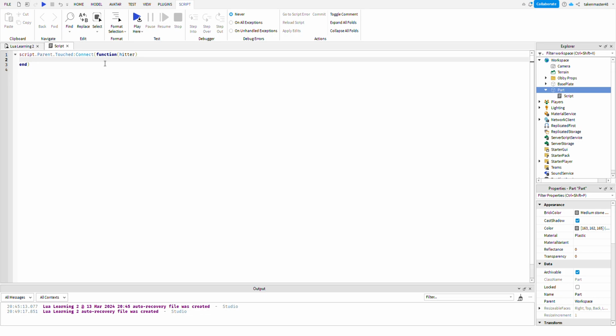So here's what's gonna happen, right? We're gonna find whatever touched the block. This is basically what this is saying. We're gonna find whatever touched the block, right? Let's do an if then statement. So if the hitter, so if whatever touched the block, we're gonna look at its parent, right? And if in the parent we find a child named Humanoid,